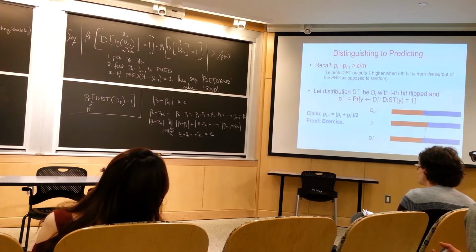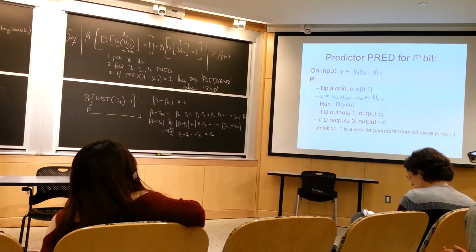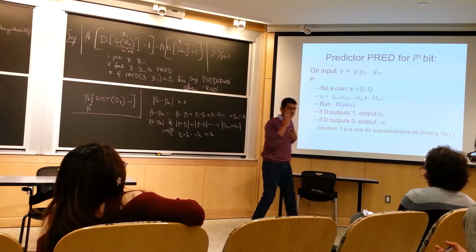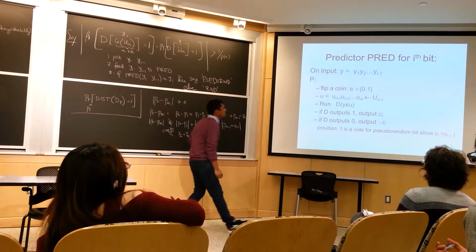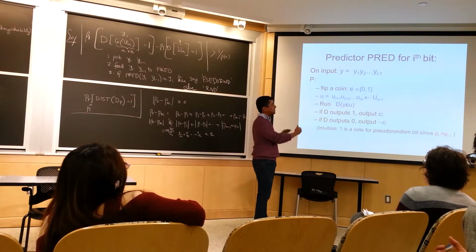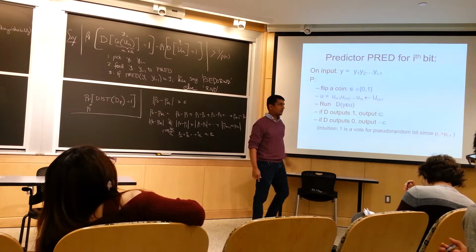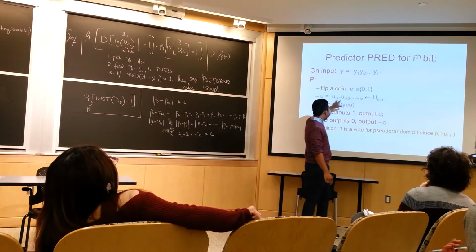Okay, so that's that. So that suggests the following distinguisher. This is the following next-bit predictor. Here's what the predictor does. He flips a coin. He gets the first